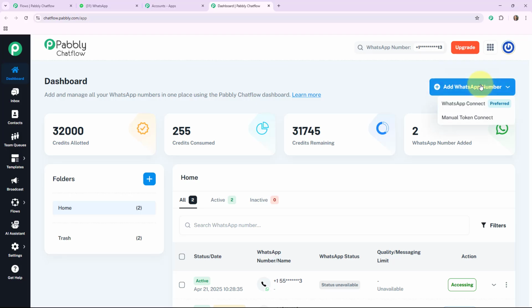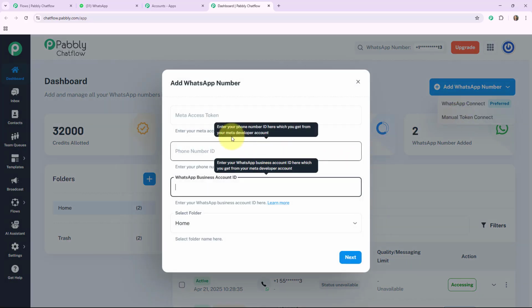If you click on this button, it will provide you 2 options. The one is WhatsApp Connect and the other is Manual Token Connect. WhatsApp Connect might involve scanning a QR code or entering the phone number and verification code. The second one is the Manual Token Connect. When you click on this, it will ask you for the Meta Access token that you can generate from your Facebook